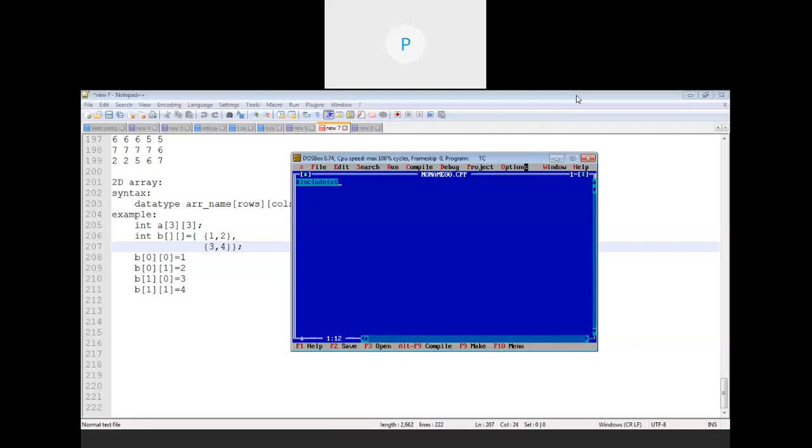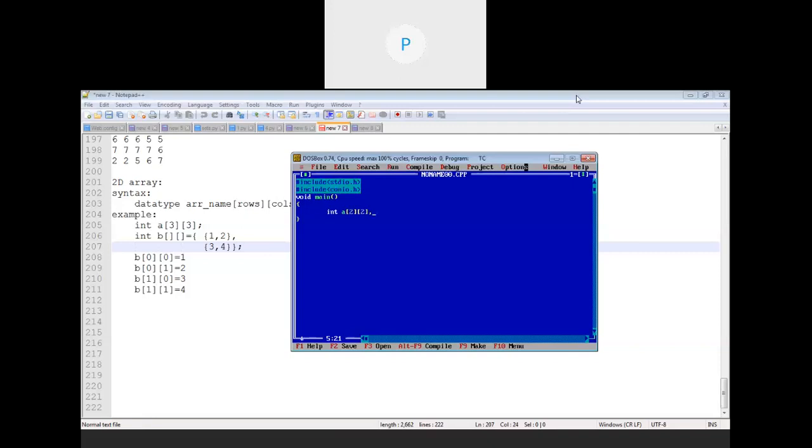First, what if you wanted to perform the addition of two matrices? For that purpose, first we have to start by including the header files, then void main. Within this, declare the matrices first. Now, if I have to perform the addition of two matrices, then in total I need to declare three matrices. Two will be the input matrices and one will be the output matrix. And all of those matrices must have the same dimension. Only then can the addition of matrices be performed.